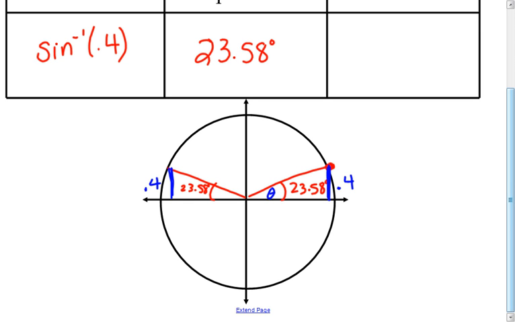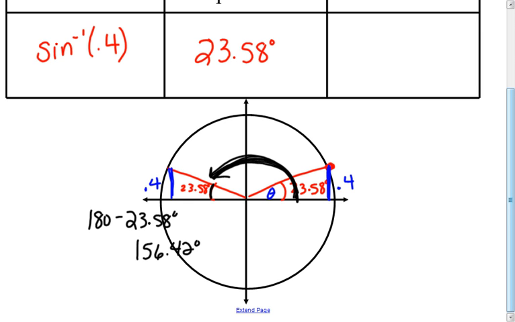But that's not what I'm looking for. What I'm looking for is this angle measured from 0. So I need to know this distance right here, okay? And what I know is this 23.58 degrees that's right there is 23.58 degrees shy of 180. And so I'm going to find the whole distance by doing 180 minus 23.58. And if I take 180 minus 23.58, I will get 156.42. Okay? So my two answers are 23.58 and